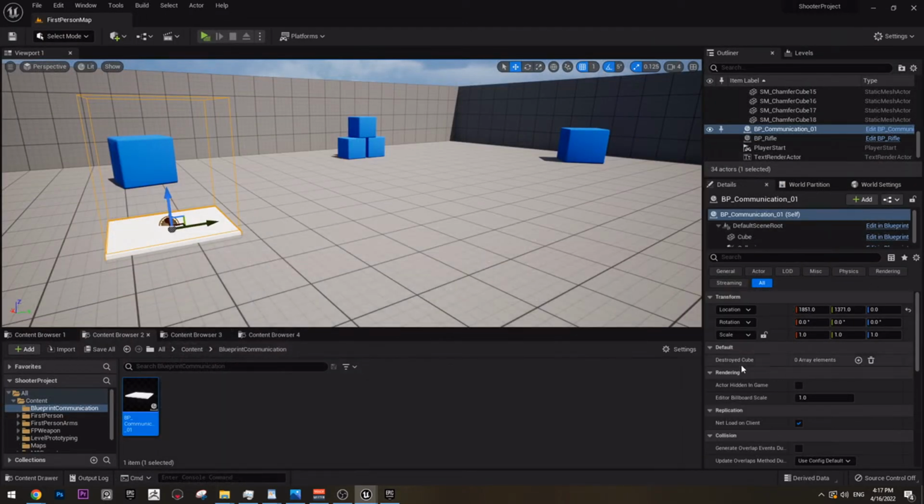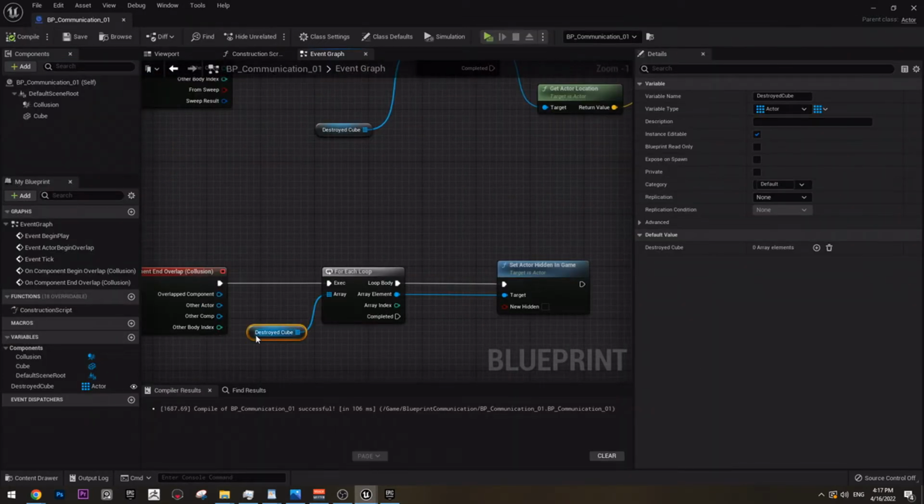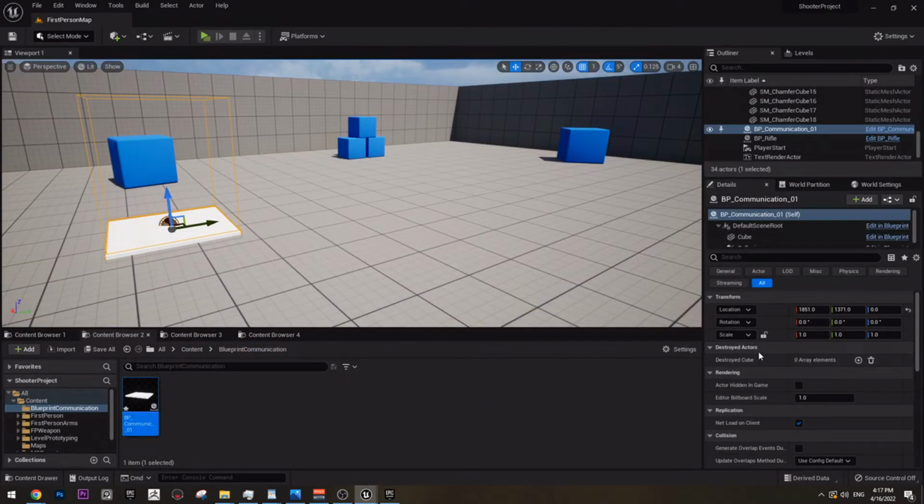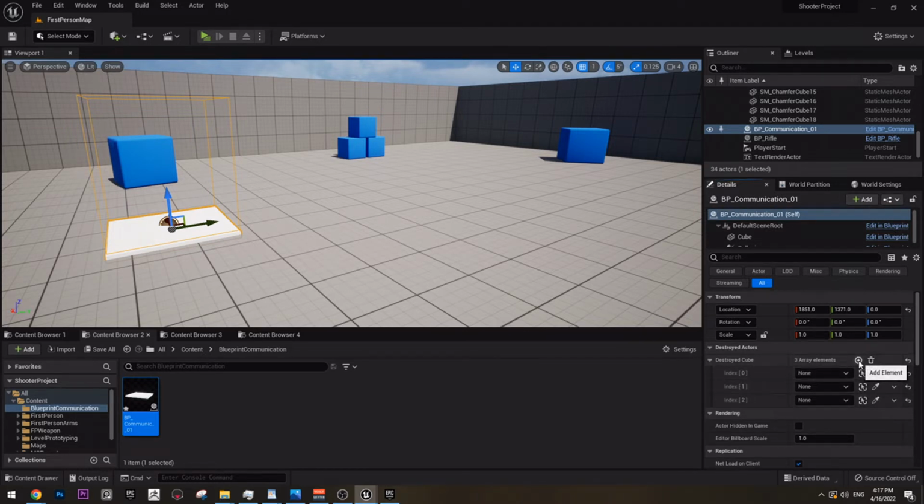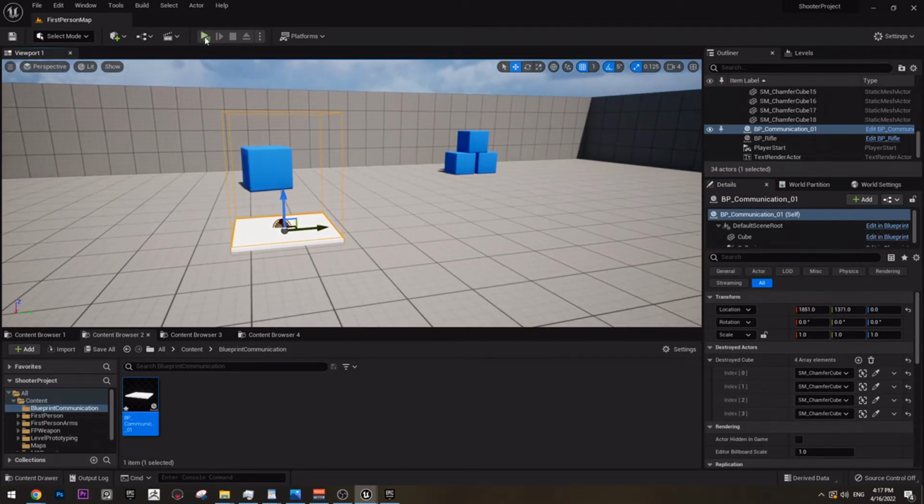Now, if you see here, we have the default destroy cube. Also, we can get this variable and put it into its own category. We can call it destroyed actors. So now this here will be named destroyed actors. So let's do like 4 and pick this one, this one, and finally this one. And now if we play the game,